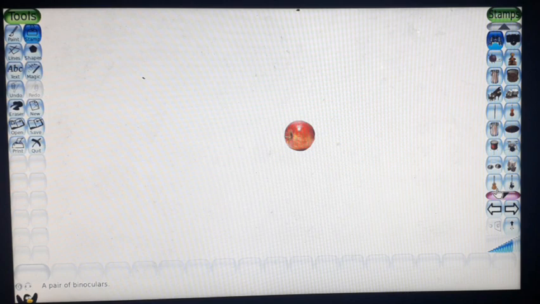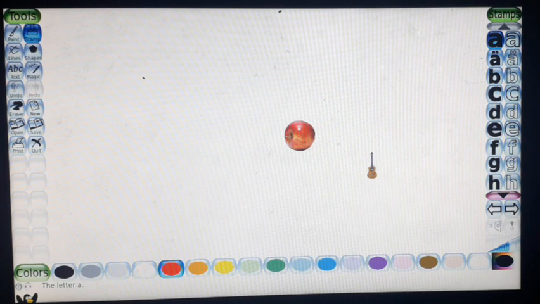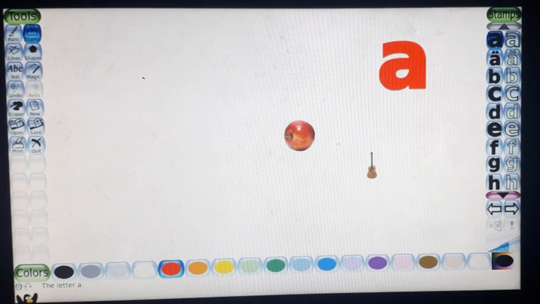Then press the forward arrow. We can get many stickers. This is the sticker of a violin. Then these are the stickers of letters. We can select many stickers from the stamp tool.